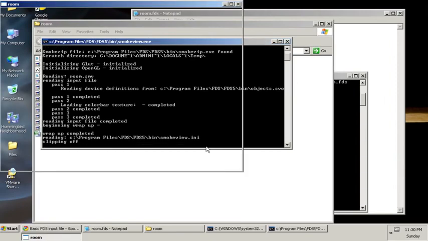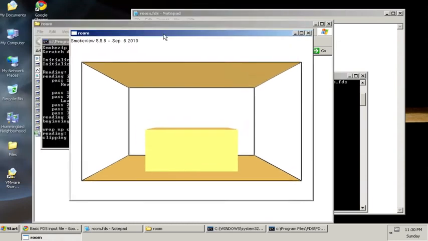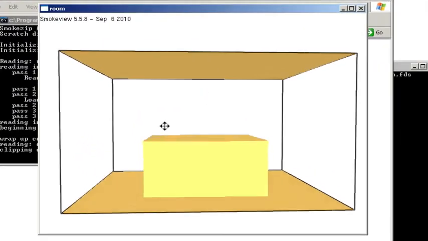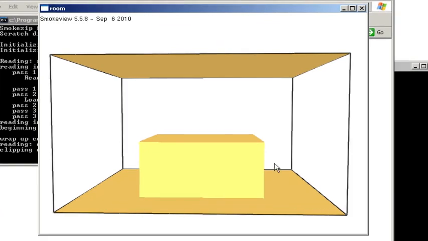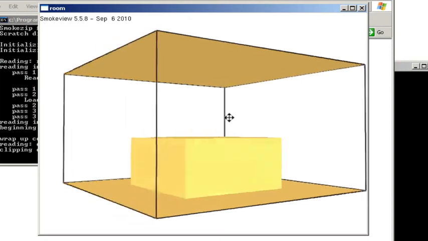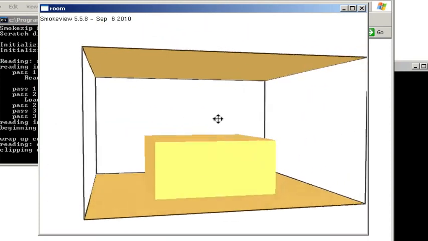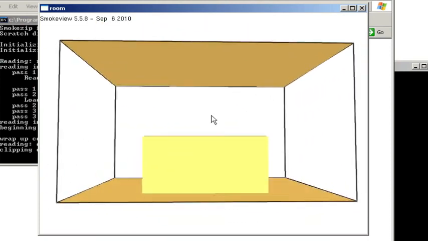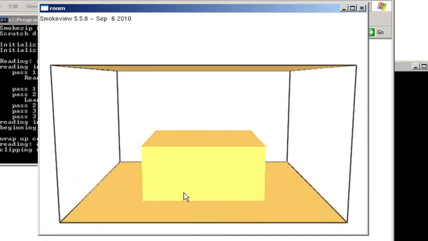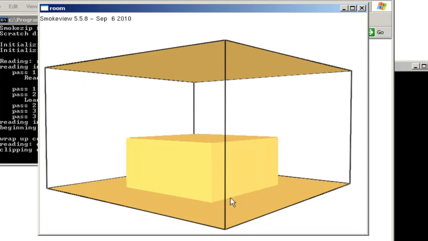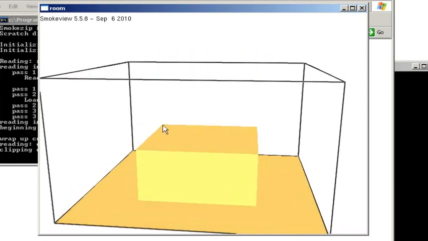So if I double click, in a few seconds I get a Smokeview window, and here is my model. And what I have is a 4 meter long, 4 meter wide, and 2.4 meter high domain. You'll notice I can see through the 4 sides. That's because the boundary conditions are open, and the ceiling and the floor are default or inert boundary conditions. And there's my 2 by 2 by 1 meter high obstruction in the middle, and it has a fire surface